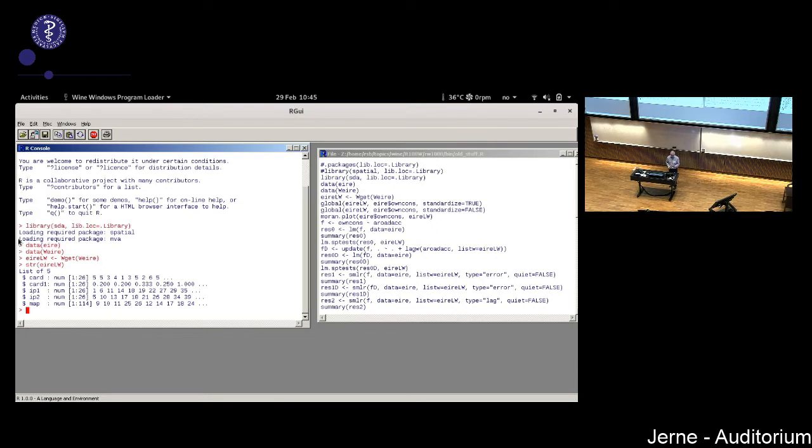Essentially, the representation is almost the same as the one that I wrote in Fortran in 1974, but hey, sparse is sparse. So you don't really want to have dense matrices when you can use sparse. So now we have what we need. We have a data frame with the data for Ireland in it.